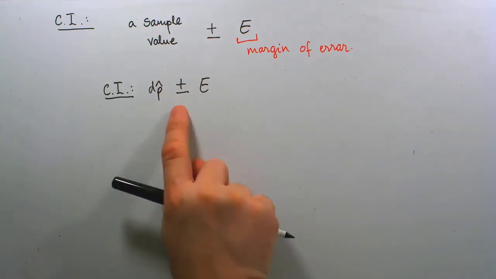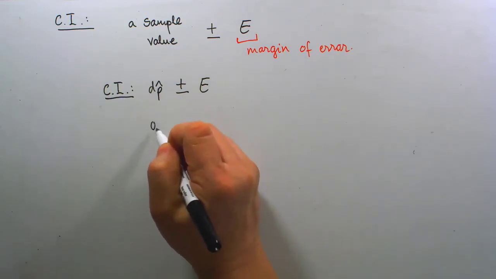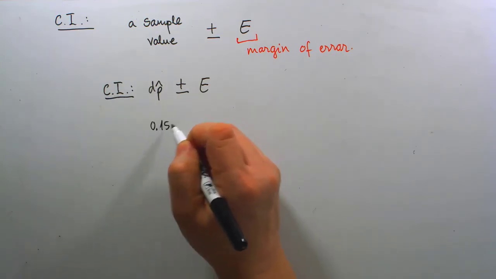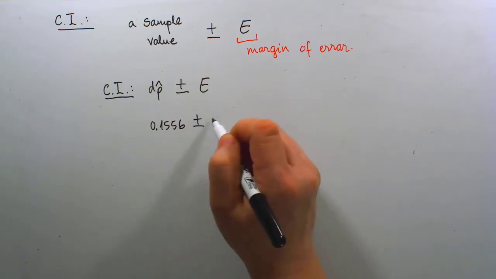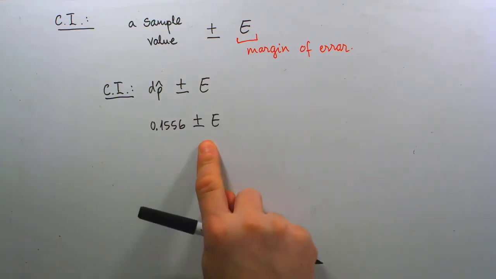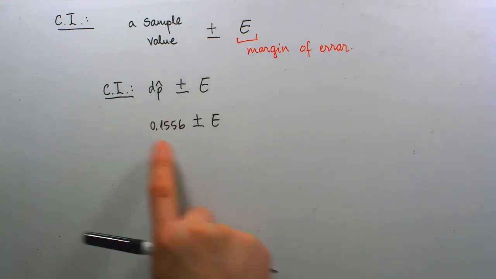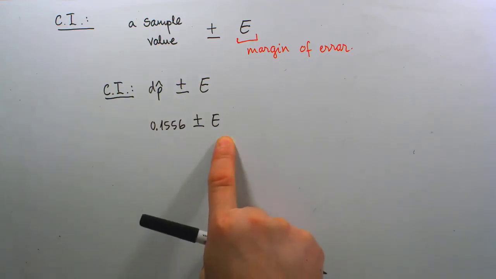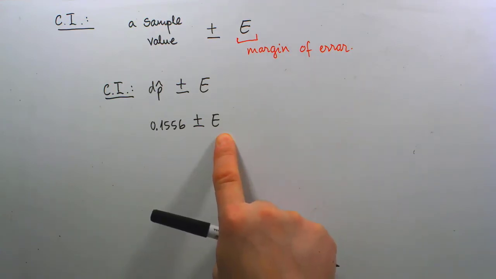And even further, since we already have the value for this dp hat, I know for sure that when we finally come up with our confidence interval, it should take 0.1556 as a center point, a middle point in our interval, and add and subtract a margin of error. So this is the main goal. We're almost done with our confidence interval, except we need to figure out how large that margin of error must be